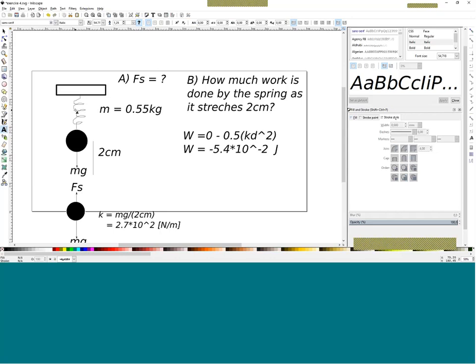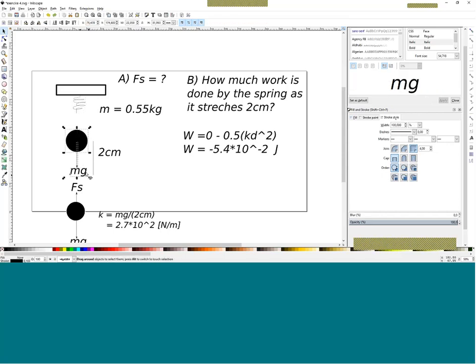So I'll take my spring here, compress it as much as I can, and I will define my point here, so that if I move in this direction,